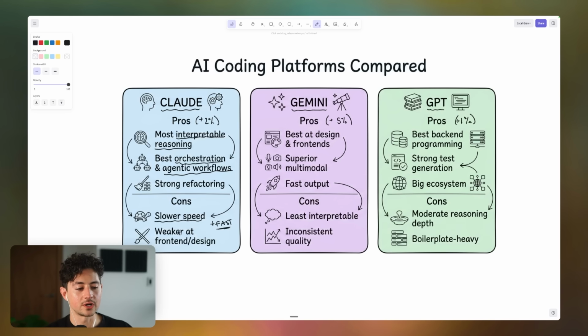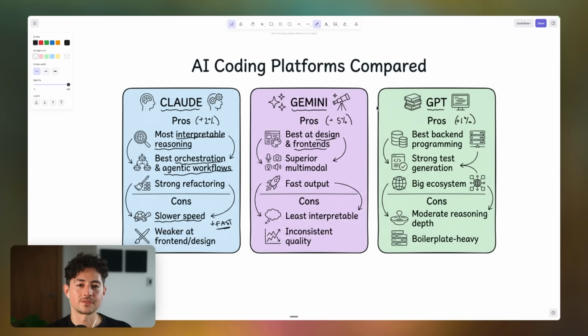And then I find that it's weaker at front-end or design than a model like Gemini. Gemini is really good at design and front ends. As you guys just saw a moment ago, Claude picked a really minimalistic, sleek theme. Gemini did some upscale stuff that still looked sleek and clean, but had that isomorphic glass. And then GPT, maybe because of my design taste skill or something else, was kind of more complex and had a little bit clunkier of a design.